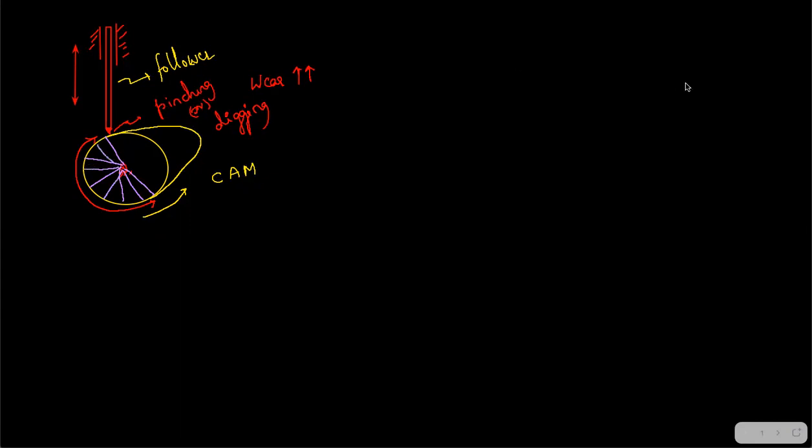But on the other side, the motion is in a different manner. From the radius, slowly the distance is increasing, it reaches the highest distance, and then again decreases. It means from this point the follower has to go slowly upwards, then here is the highest point, then it will slowly come down and remain constant. So this is an intermittent motion, and this is a knife edge follower.